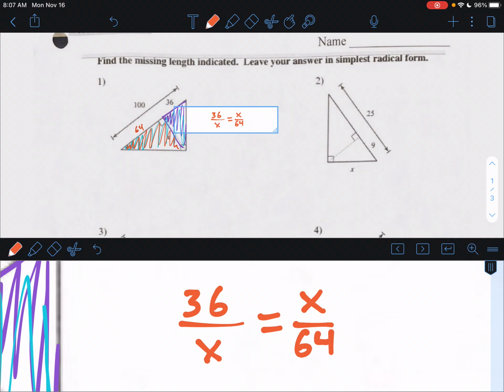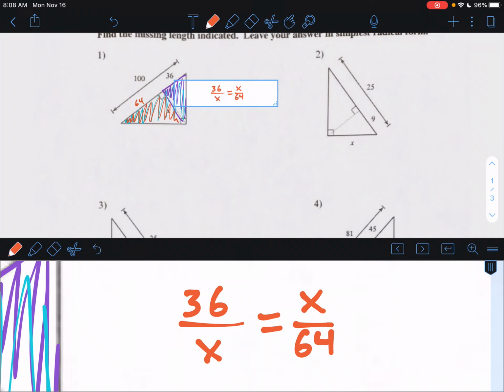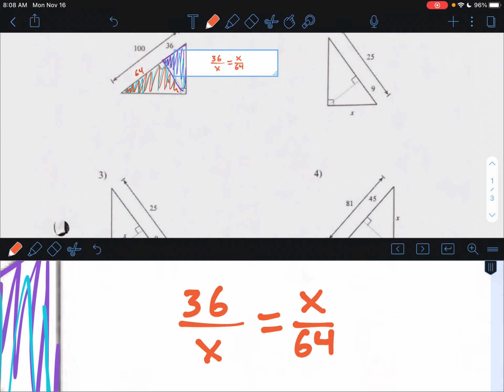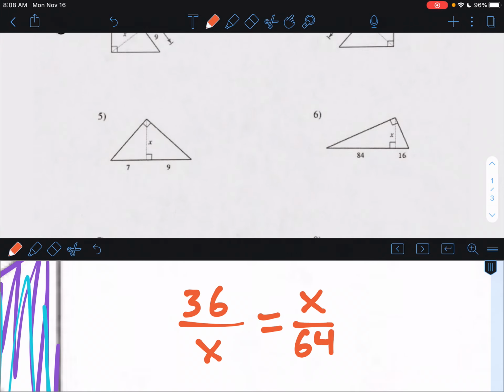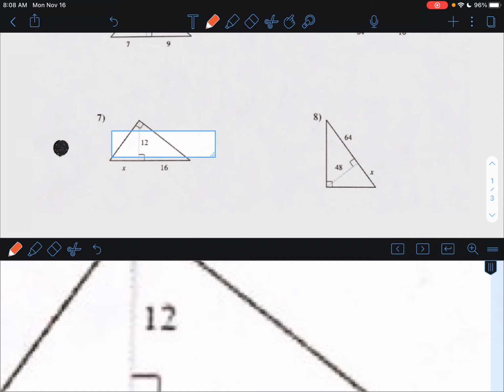So please identify which parts of which triangles you're given. And this is the proportion you'd set up, and you guys would solve that on your own. You will also have to do the same thing for number 3. Let's see. On number 7,